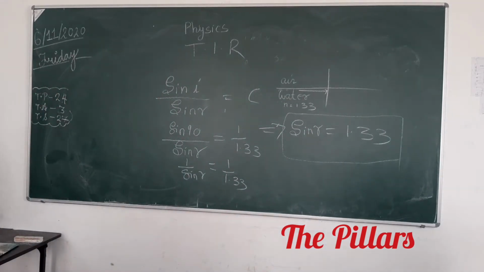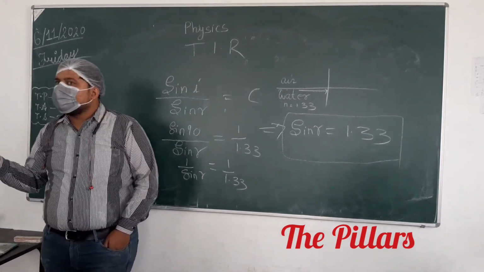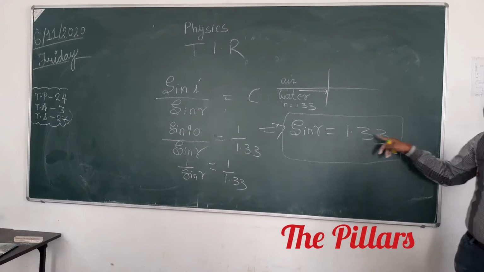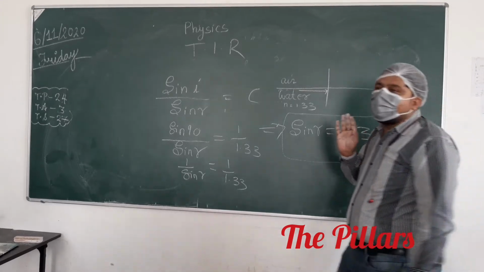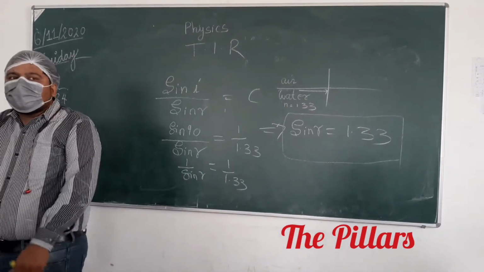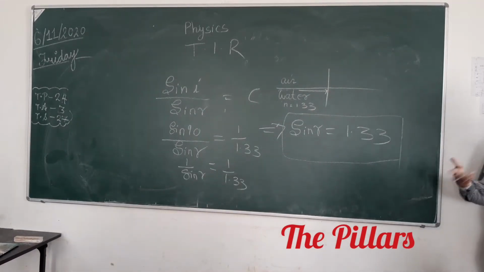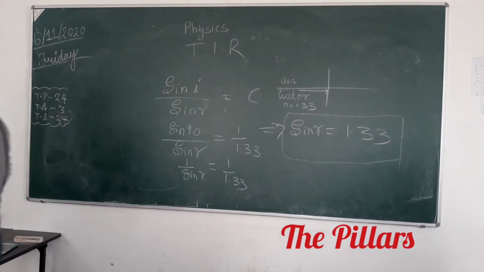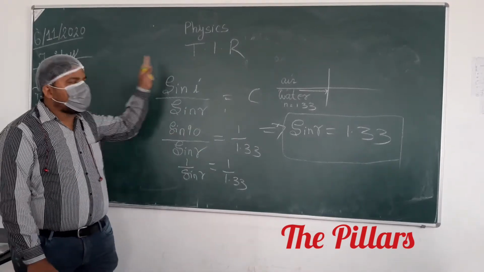So one conclusion we can get is that refraction is not possible for all angles of incidence. This result is violating the limit of sin r. There will be some specific range of angle of incidence in which refraction takes place, because sin r cannot be greater than 1. But here we are getting greater than 1. You can take a note so that I can go to the other one.